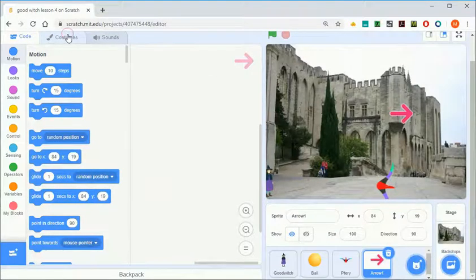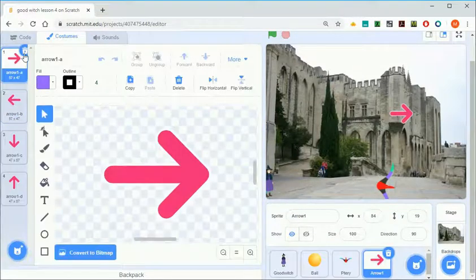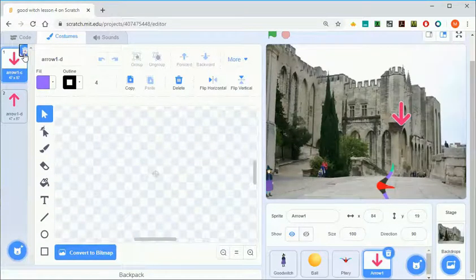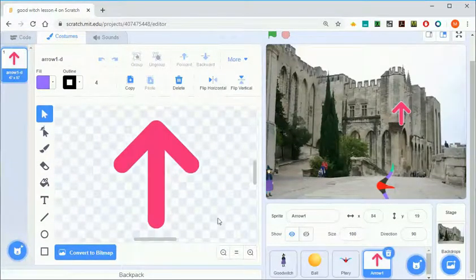Okay, I'm going to go to costumes, and I want the arrow pointing up, and it's a little too big, so I'm going to make it 50. And now when I start it, let's see,